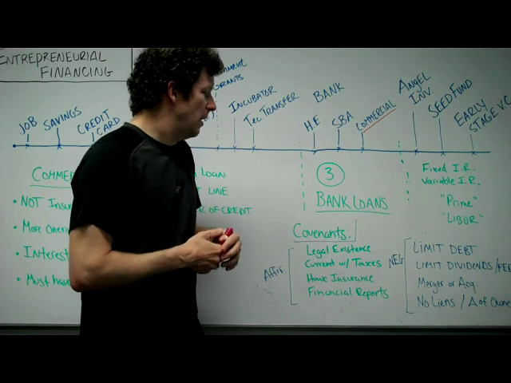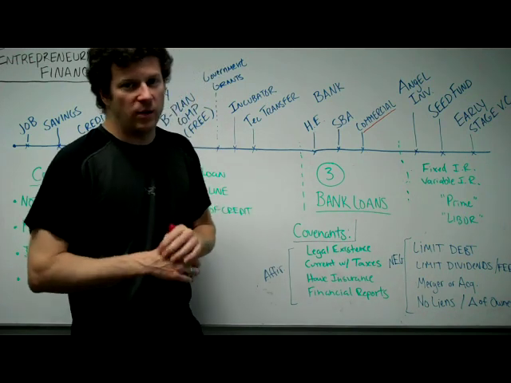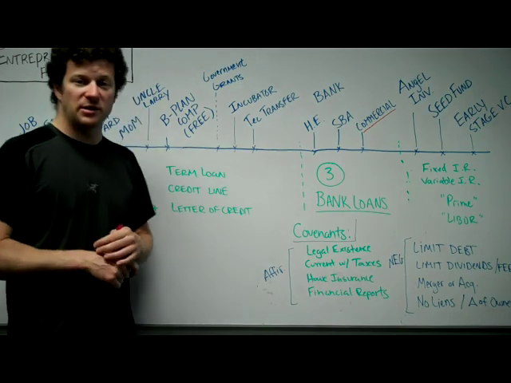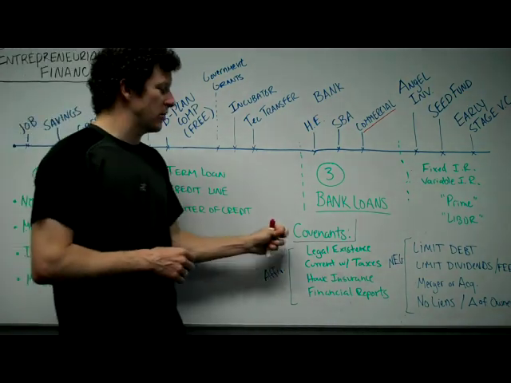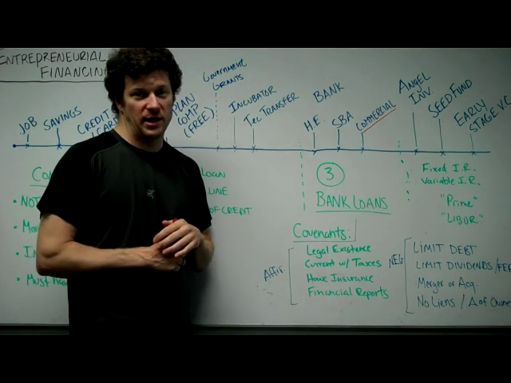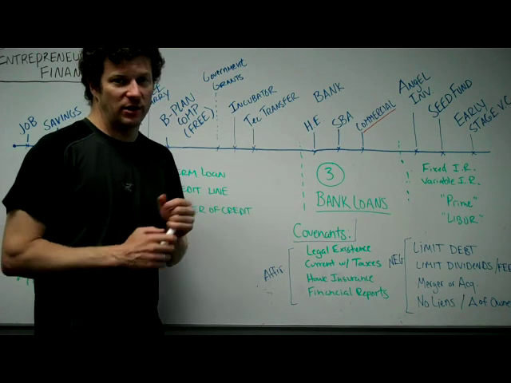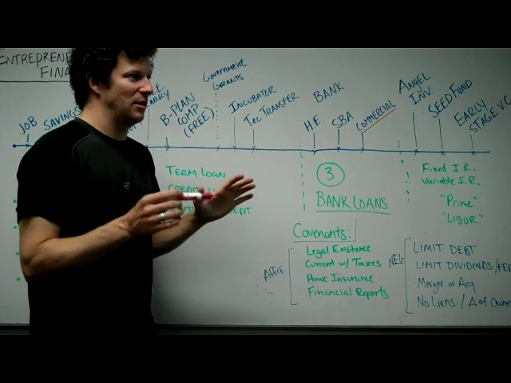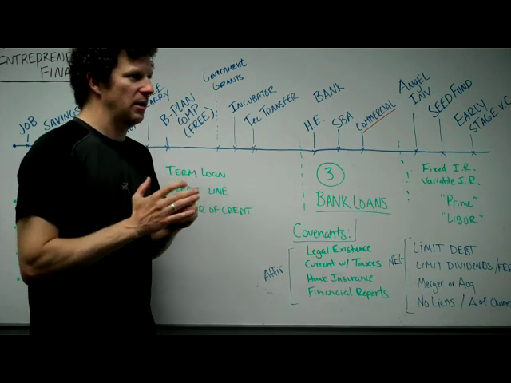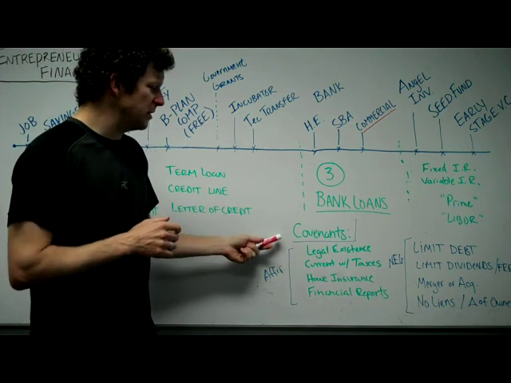That can be to your benefit or it can be to your detriment depending on whether the interest rate goes up or down. Also important to understand is that when they lend you money, they don't do it without any rules about what you can do inside your business. So the bank will put down what's called covenants. They'll say, hey, look, here are the rules about what you can and can't do with this money. And these are just some examples of affirmative and negative covenants. There are lots and lots of different kinds of covenants.